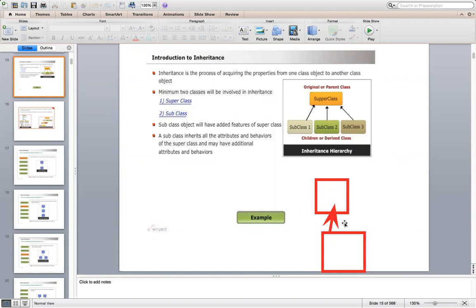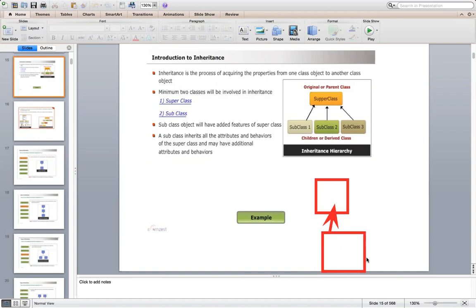This inheritance relationship is also called an is-a relationship, or a specialization and generalization relationship. The class which is acquiring the properties of class A is called a subclass, and class A is the superclass. Otherwise, class A is the base class and class B is the derived class, or class A is the parent and class B is the child.